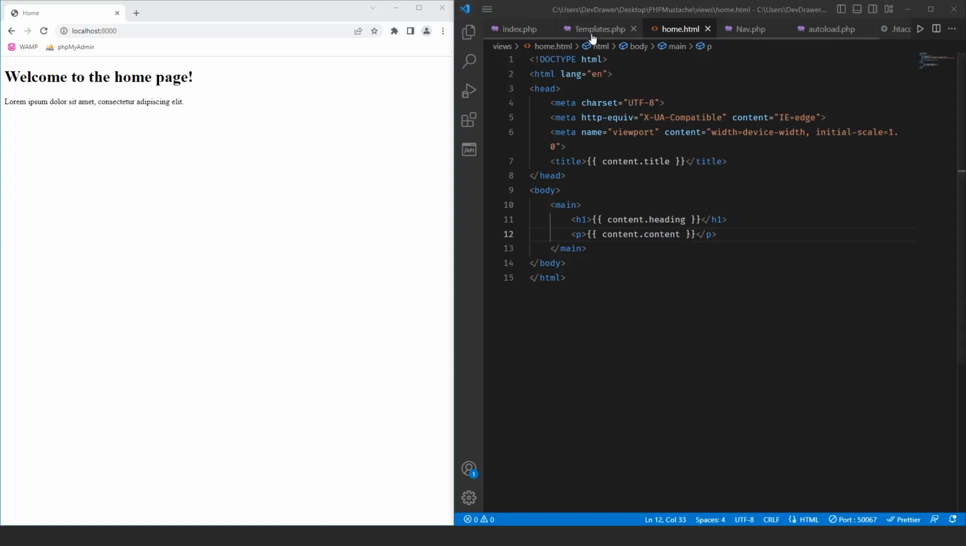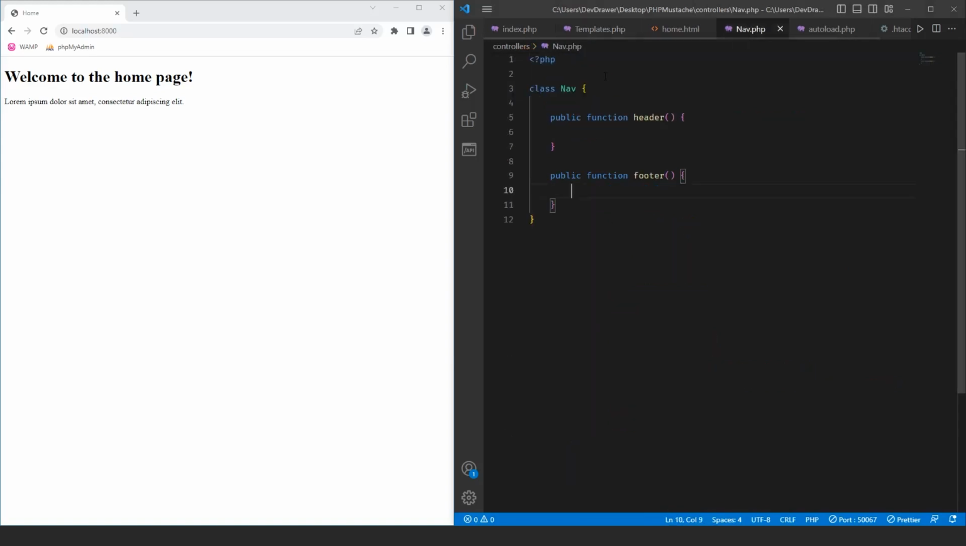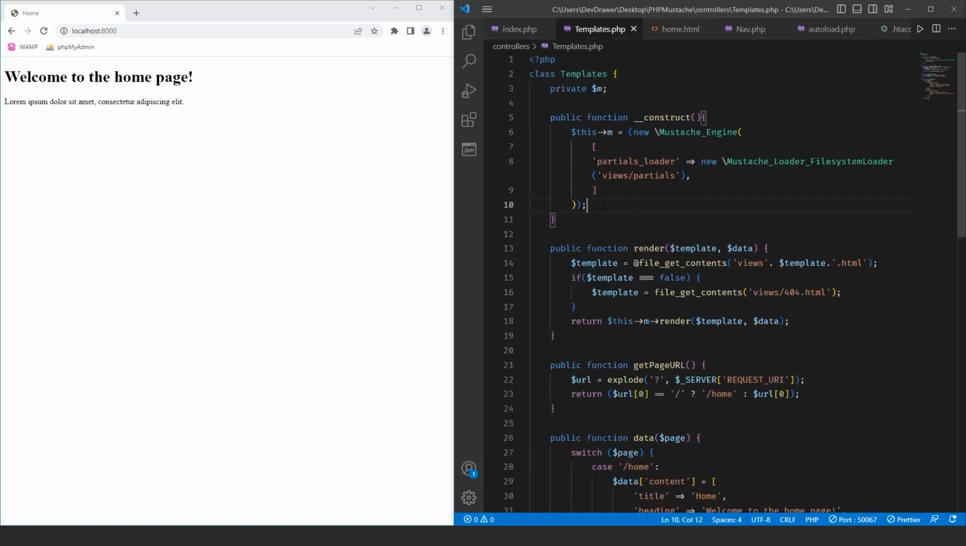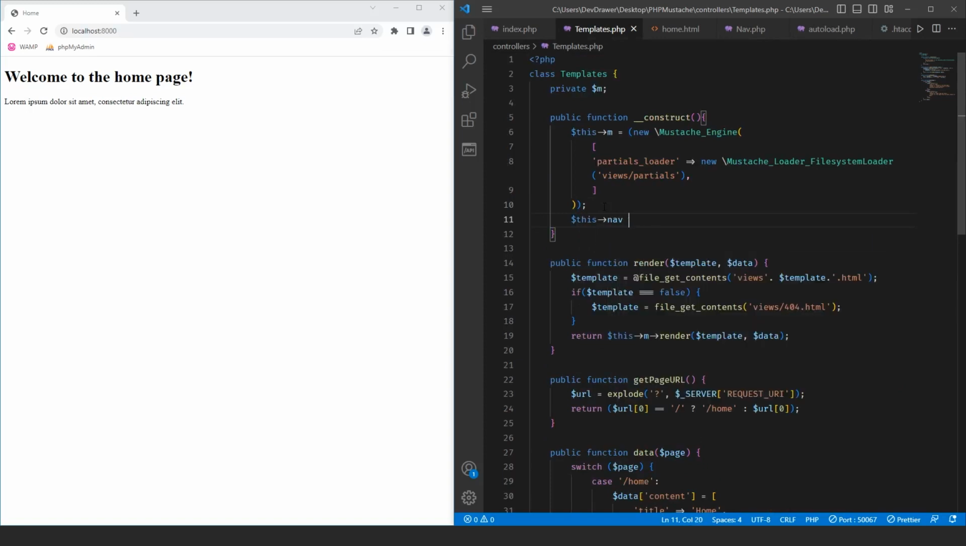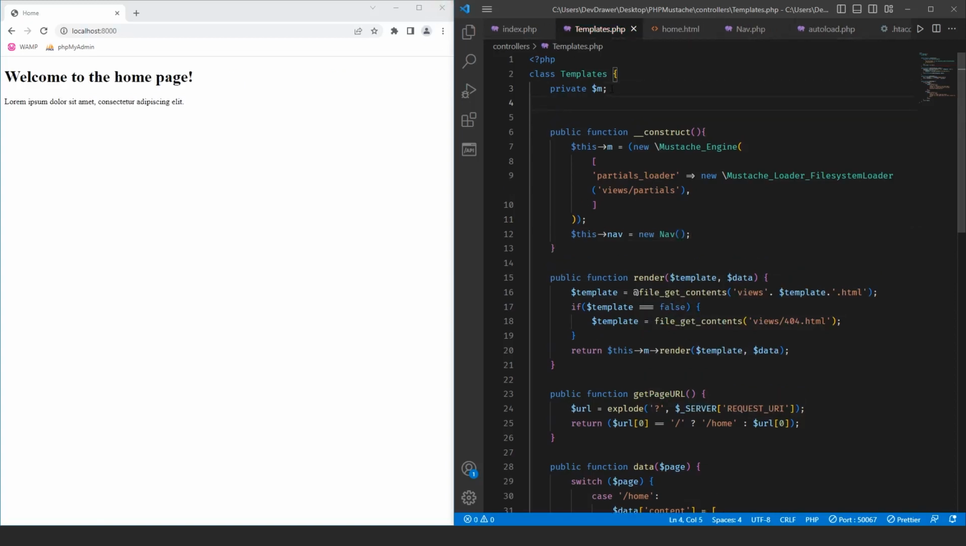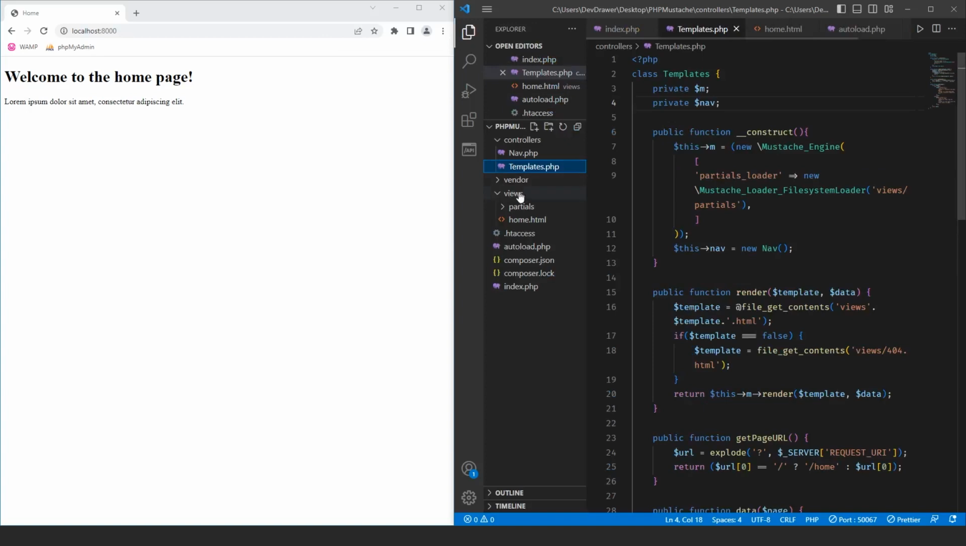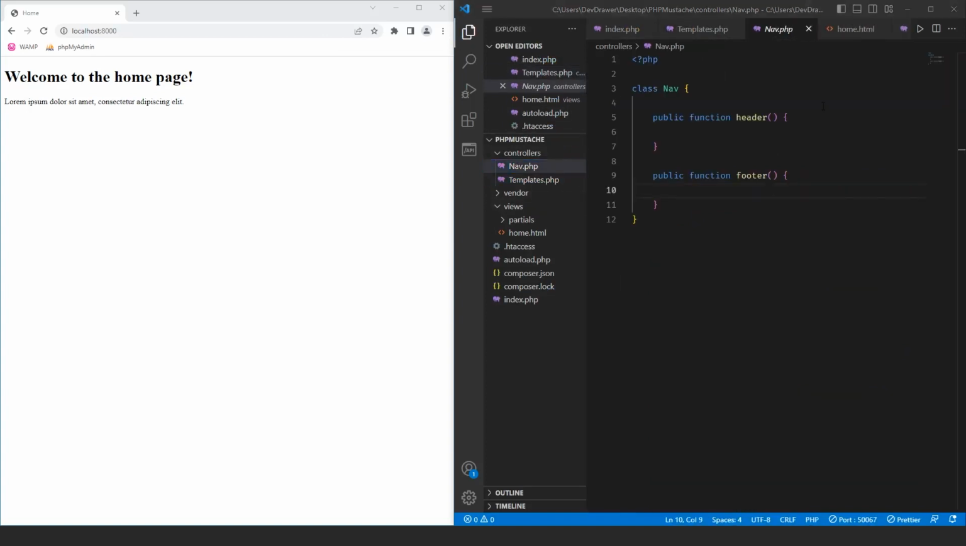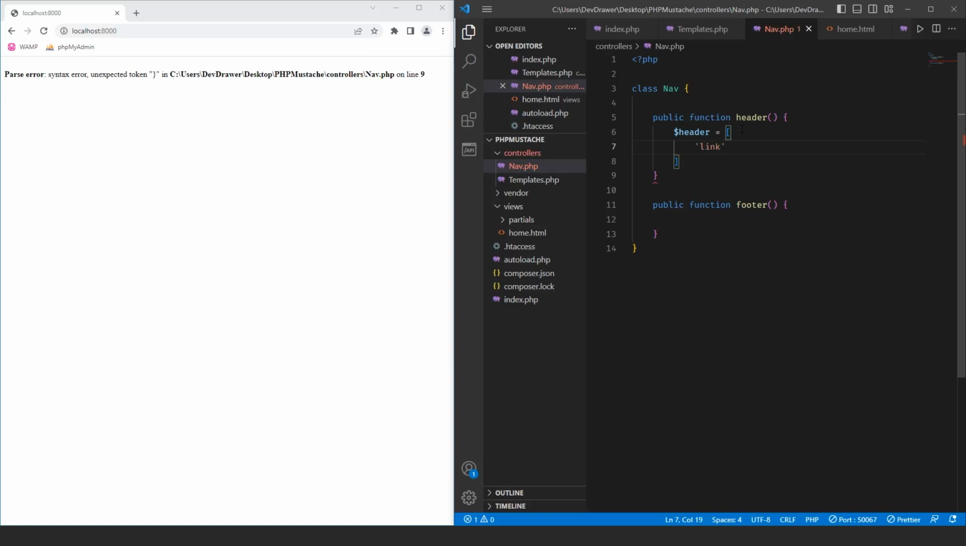So let's say we want to utilize this nav that we've created up here. So let's come down here and do this nav equals new nav. And let's create another variable here. So this is going to be a private variable again, nav. And then inside of our nav, I closed out of it. Inside of our nav, let's go ahead and just create an array inside of here. So let's do header equals an array, and we're going to have links, which is going to be equal to